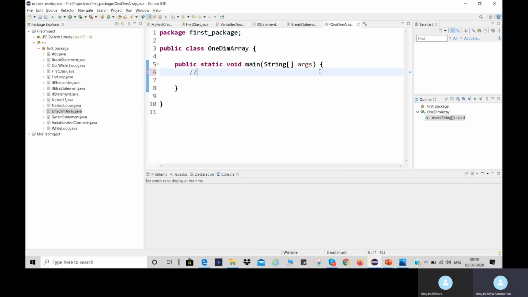Here I am declaring a one-dimensional array like this: int array1 is equal to new int of 5, with the square brackets. So this is one array I have created.